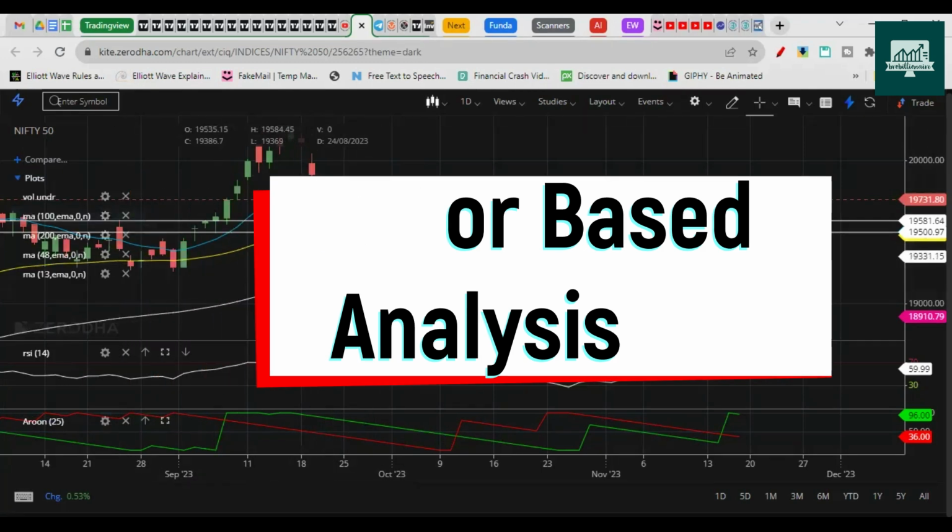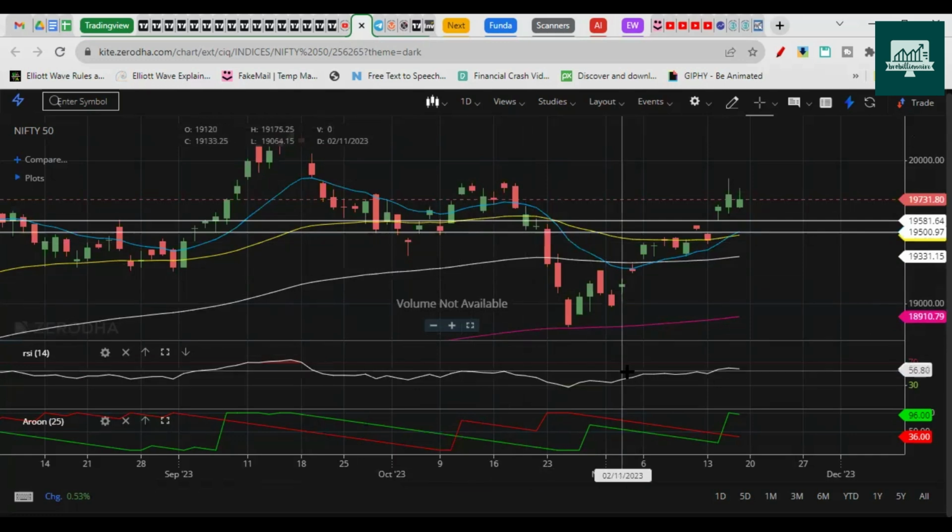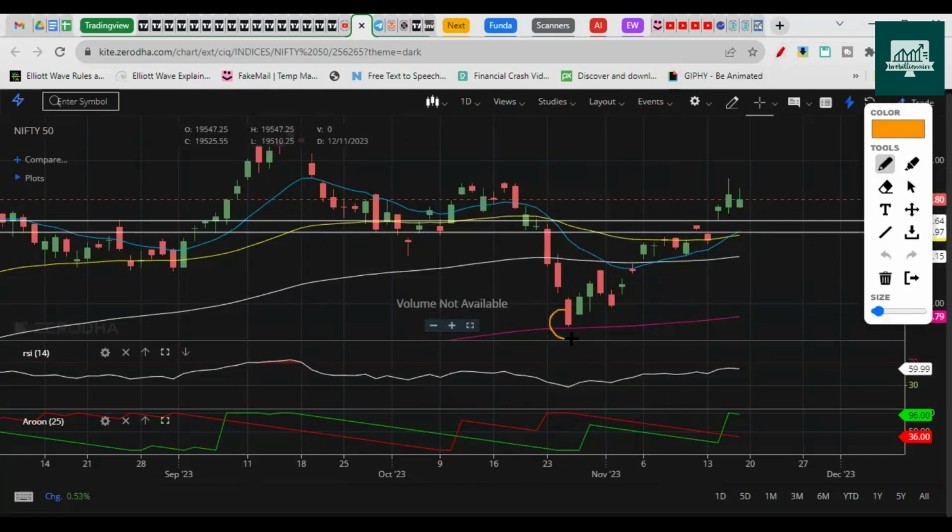This is the chart of Nifty on the daily time frame. You can see here Nifty last time took support on 200 EMA. It gave 3 green candles, or you could say 3 candles making higher highs. That was the reason I was having a doubt whether it will make another low or not. Also, it broke this high with a gap. So a gap was created here. We discussed these things in the last video.